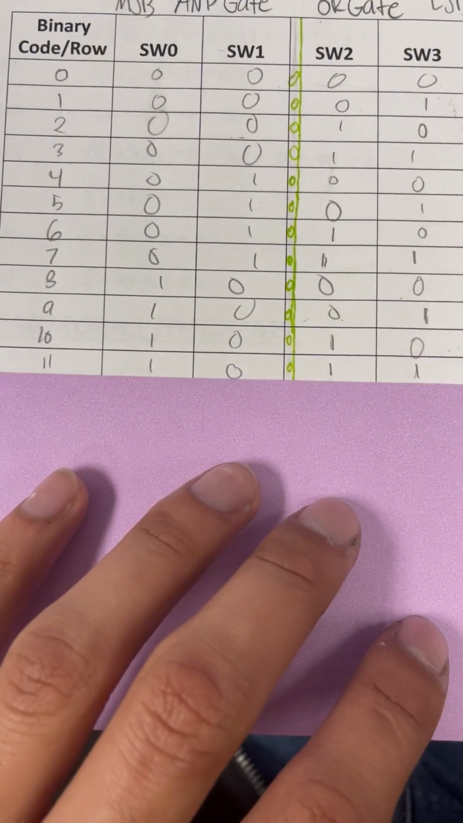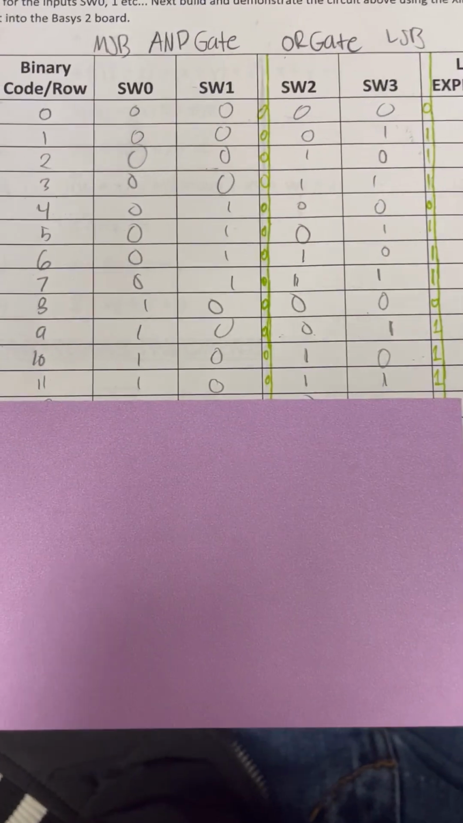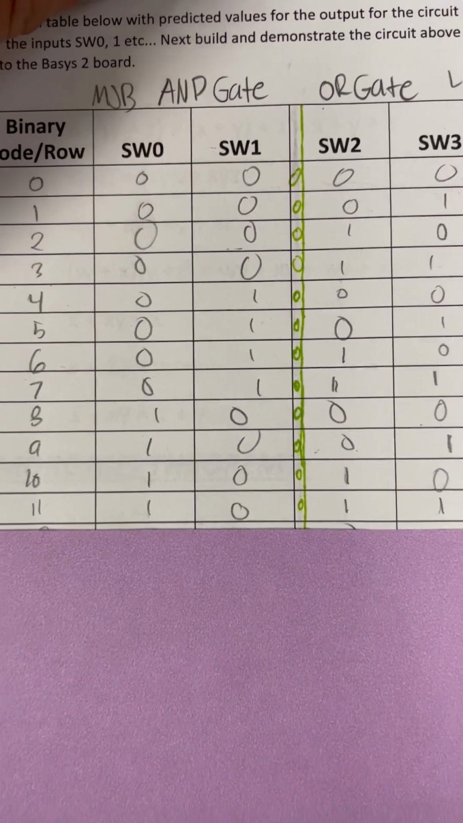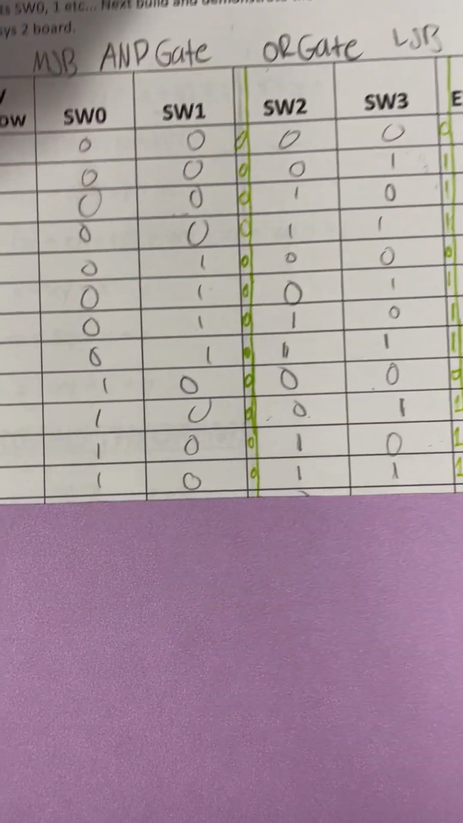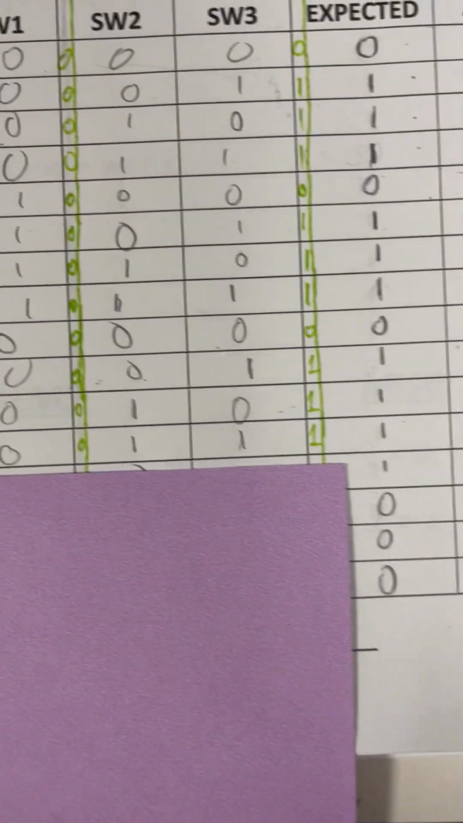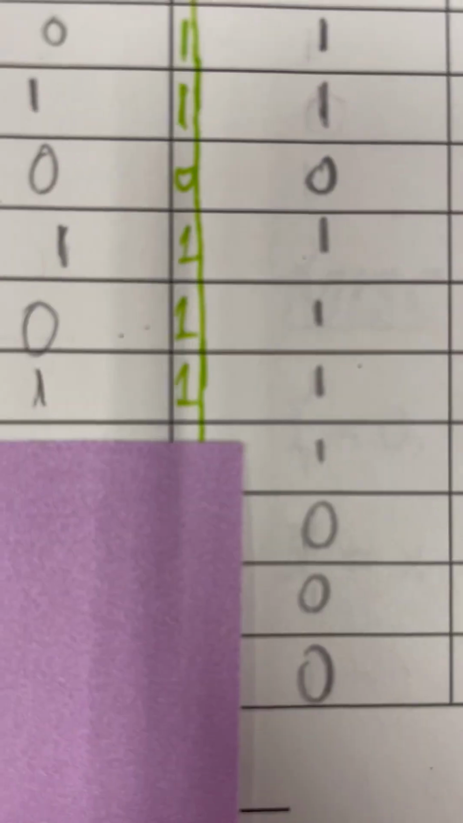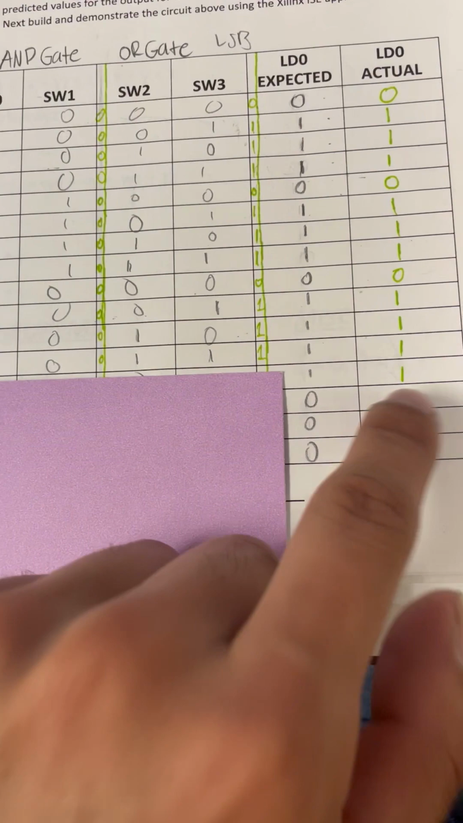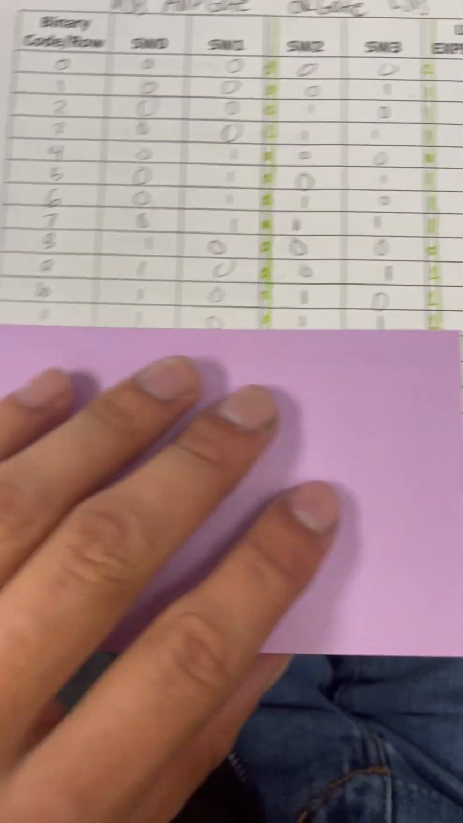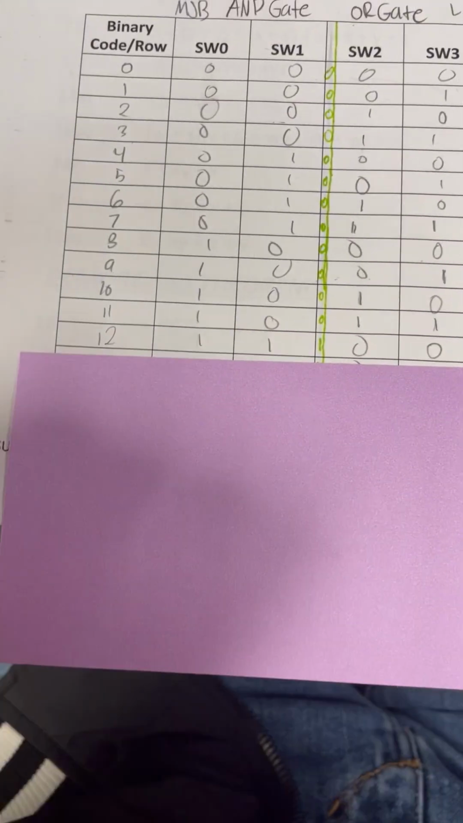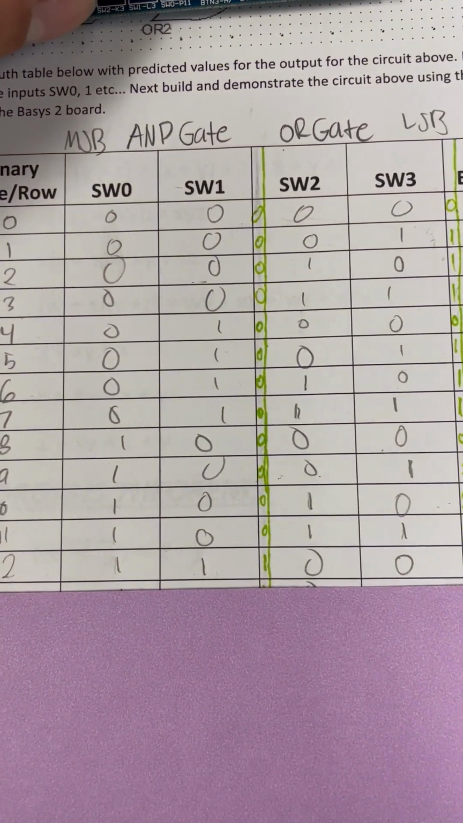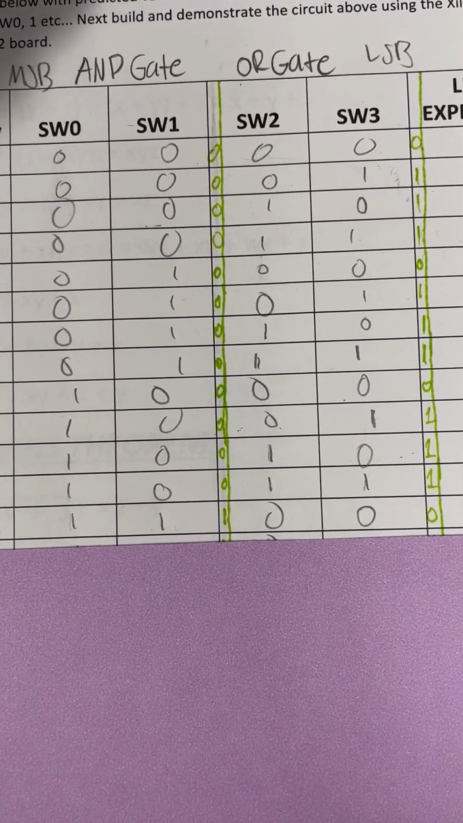And let's see, move on to row 11. Row 11, so switch 0 to 1, switch 1 to 0, switch 2 and 3 to 1, and it should turn on the LED light if we expected down here. LED 0 is on, so that is true. Now for row 12, switch 0, switch 1, switch 2 and 3,